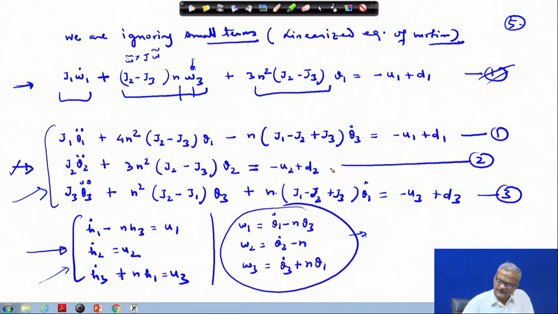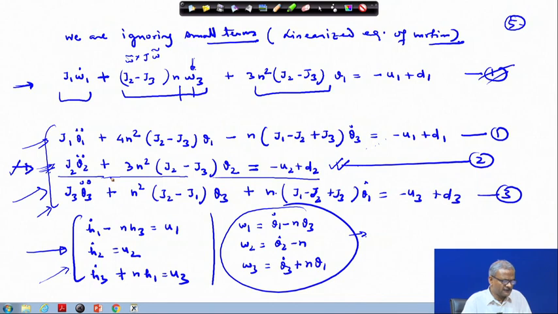So, here what we are interested in is the pitch control. For the pitch axis we can provide a control, because this is independent of the other two axes, it is not coupled with them. This axis and this axis are coupled, but the second axis is decoupled from them. Therefore, the control design for this can be done separately.